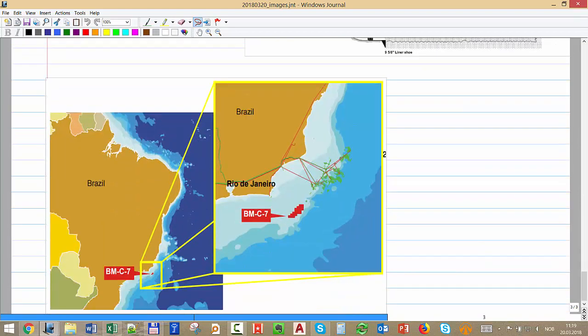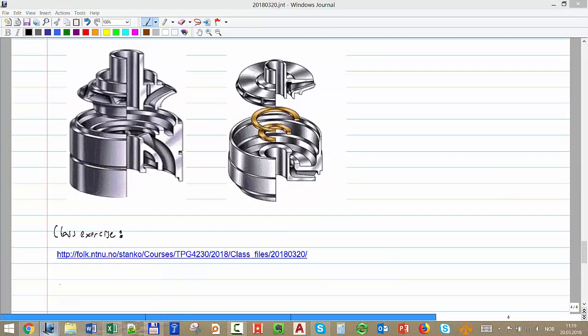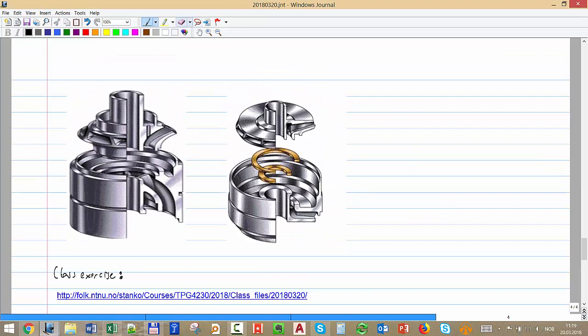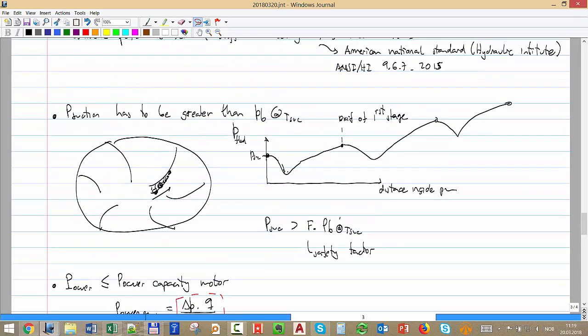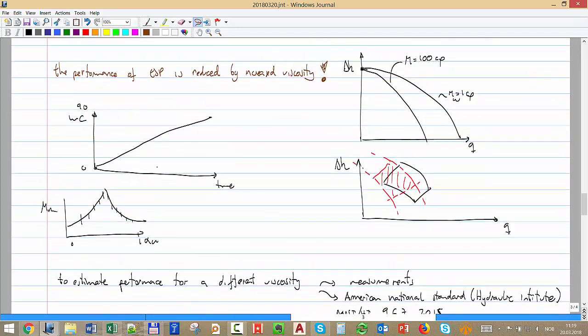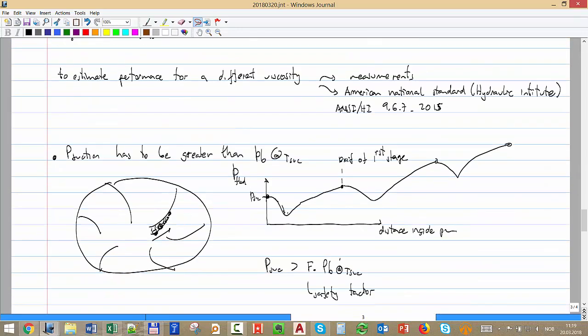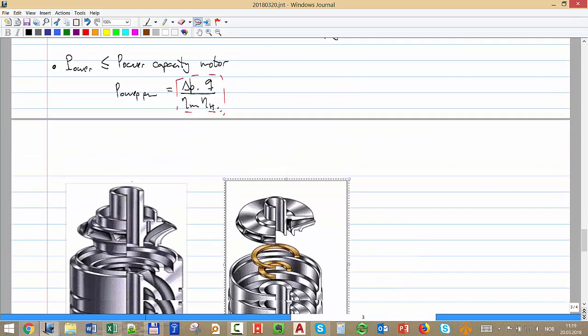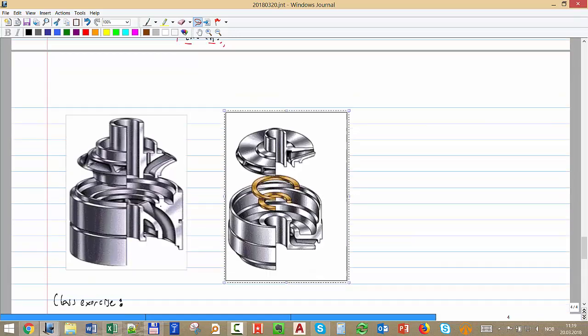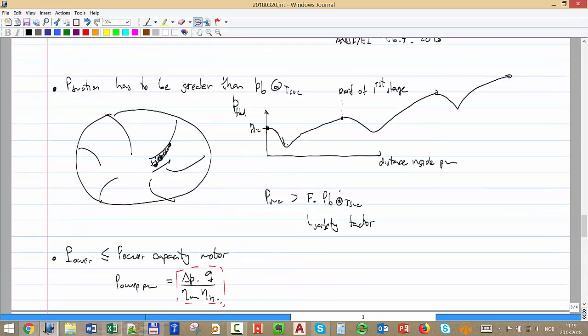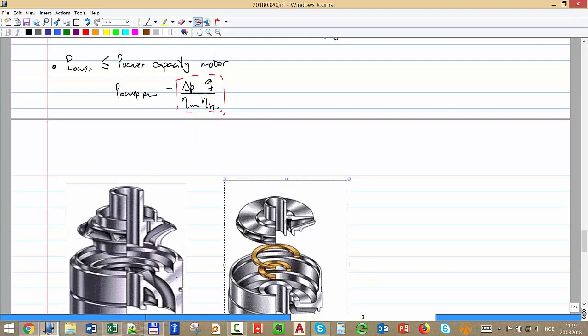Okay, there's one thing I forgot to mention, which you may be faced with in the future. There are slightly different designs of impellers. We don't want any gas on these machines, on these ESPs. Gas creates accumulations and cavitation, it creates a lot of issues, and the efficiency will be significantly reduced. But if you cannot avoid it and some gas will be liberated, then you have to go